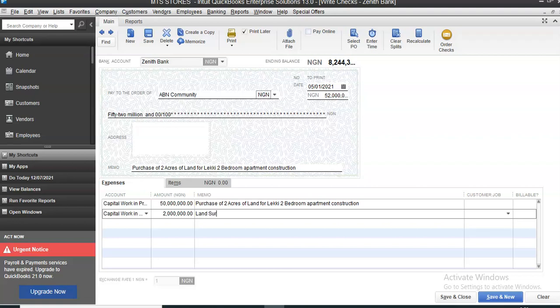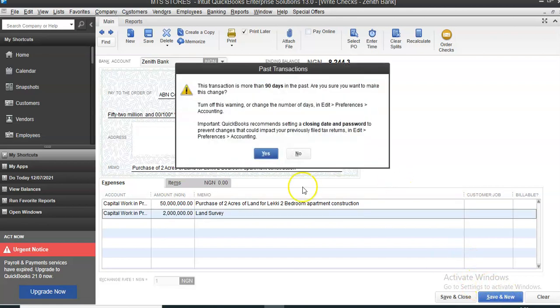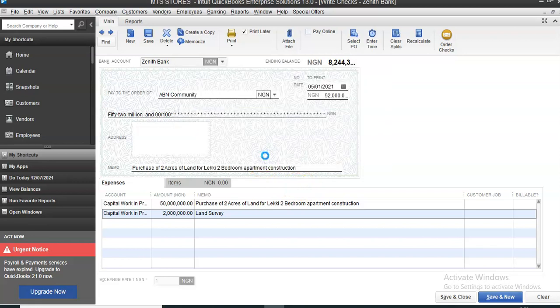So you put that. Alright, so we also spent this. On this same day, the money was paid out from here. Then you save anew. Alright, so in summary, all those costs incurred